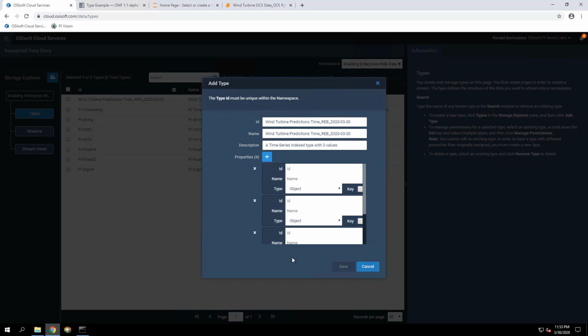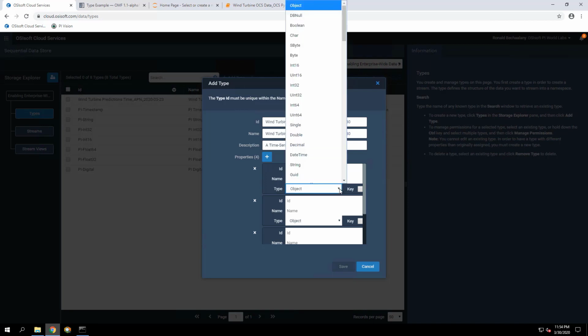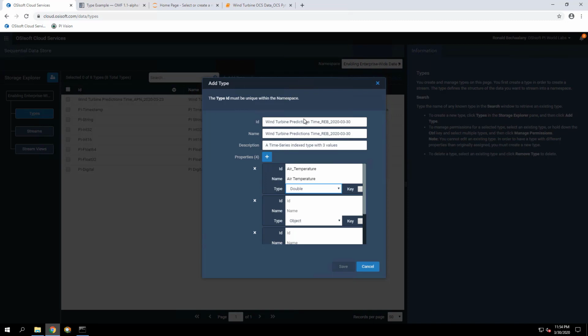So again, you can use the UI, it's pretty neat. So this one is air temperature. And the name is the same. For the ID, for the properties, it's not allowed to have space. So that's why we're using underscore here. And then in the name, you could have space, so that's fine. And then the type here. So this is the air temperature, so this is a double. You can also use single if it's float. So yeah, that's one of the properties.